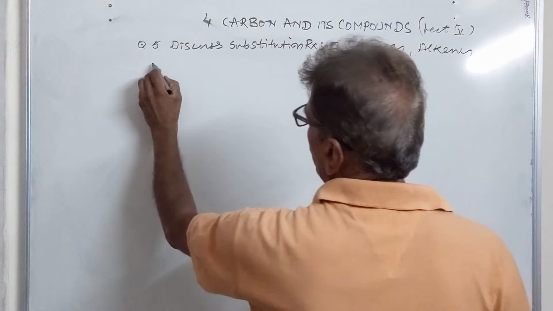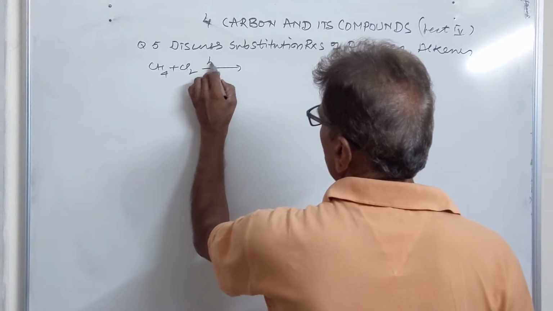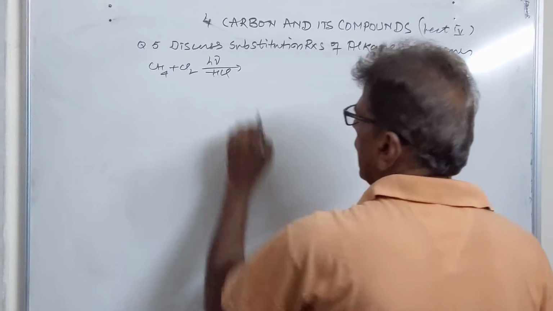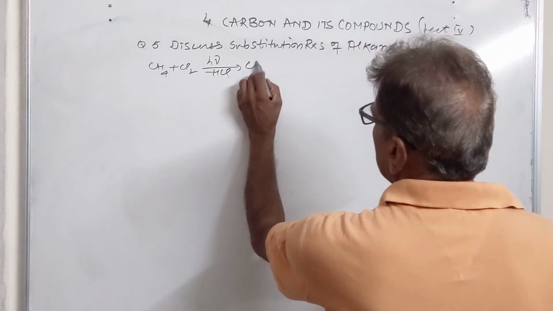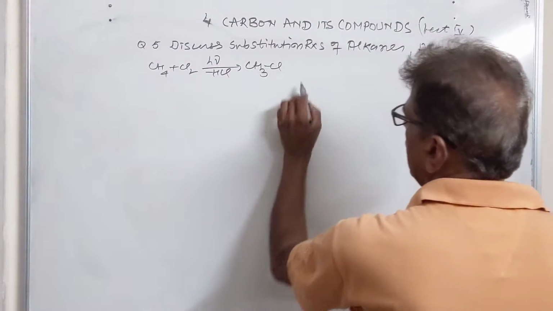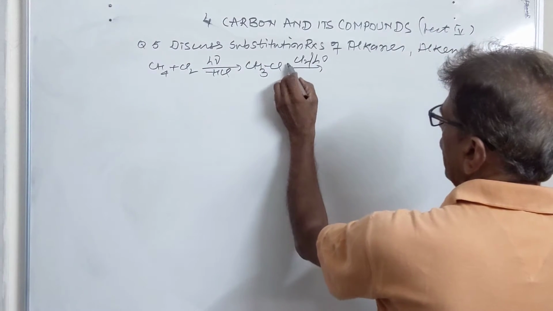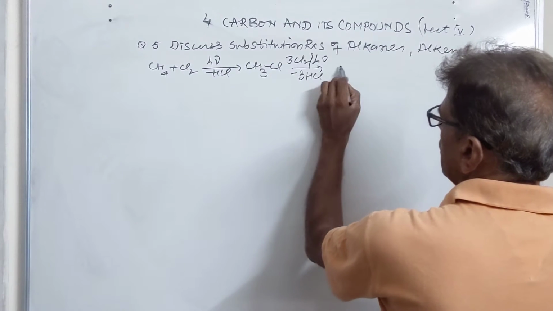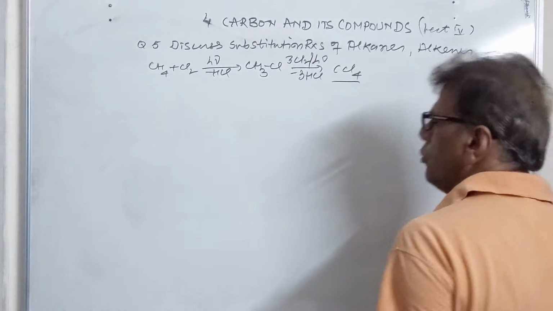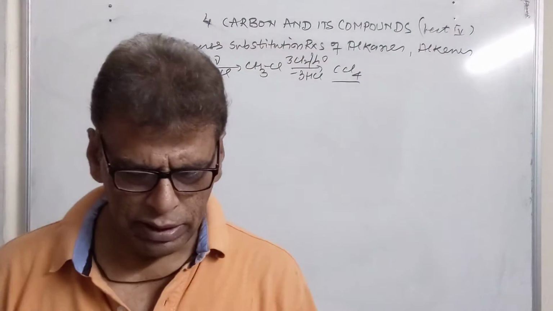Now we come to alkanes. CH4 is given with Cl2 in the presence of diffused sunlight. It will eliminate a molecule of halogen acid and will produce CH3Cl in this case. This reaction can go on till all the hydrogens are removed. You can take directly 3 chlorine molecules, 3 HCl are lost, and you get CCl4, carbon tetrachloride, as the end product here.